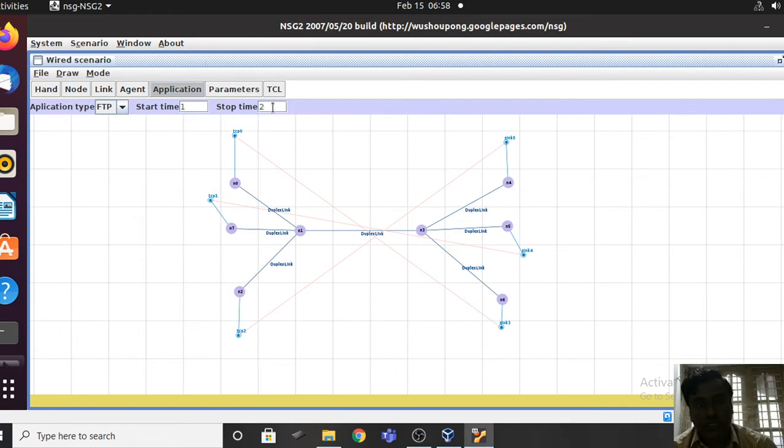These agents can start their data transmission at 1, 2 and 3, but all these data transfers I wanted to carry on till say the 6th unit of time or say the 8th unit of time. So I want to change this stop value.